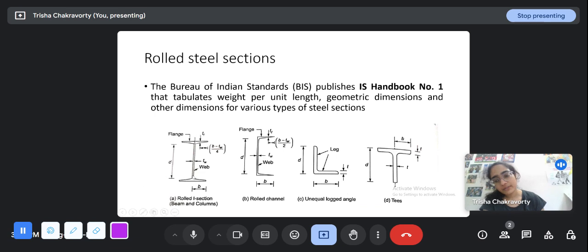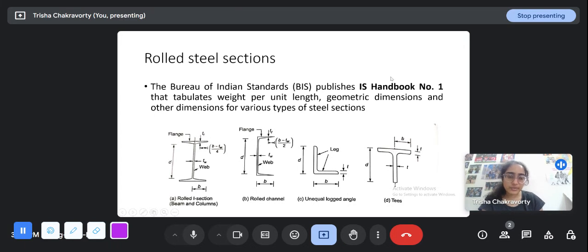They have a flange, the horizontal parts that take the flexure. They have a web that takes the shear generally, and also has a tendency to buckle. And then there is the width of web, the width of flange, this angle, and then the depth of the overall section. The depth of the overall section is how we designate this, like ISMB, Indian Standard Medium Beam. So ISMB 200 is the name of a certain section whose overall depth is 200 millimeter.